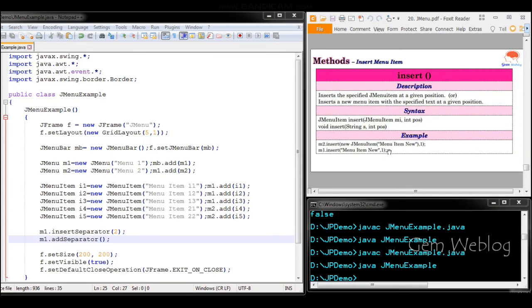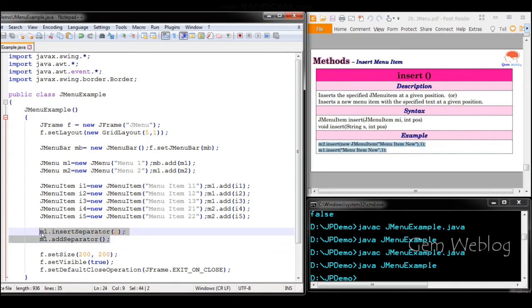Next we are going to discuss how to insert menu items into the menu. You can insert in two ways, either by creating the menu item or by passing a string. Now we are going to insert items into menu 2 and also into menu 1. Again we are going back to this.